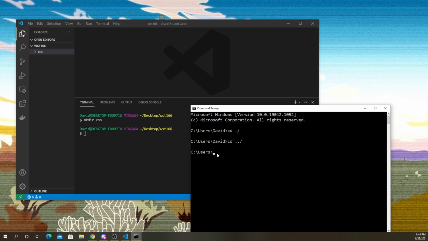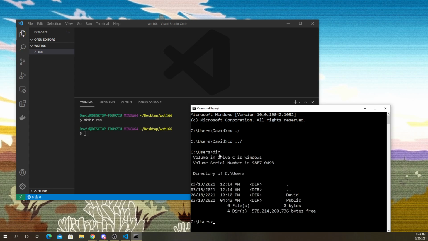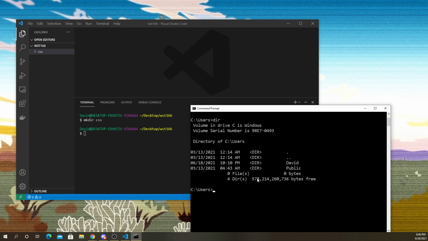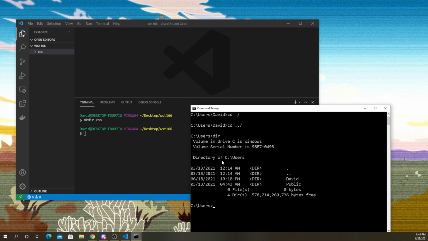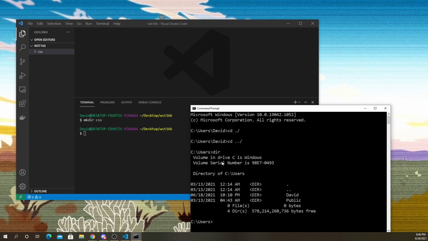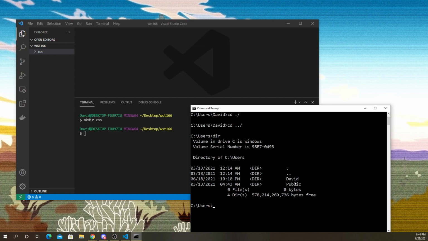So now I'm in C Users, and if I type dir, it'll show me what folders I have in this directory. Volume in drive C is Windows, it tells you that, and it tells you what we have here. We have David, Public. If I change it to cd David, cd is short for change directory. That's how you navigate.